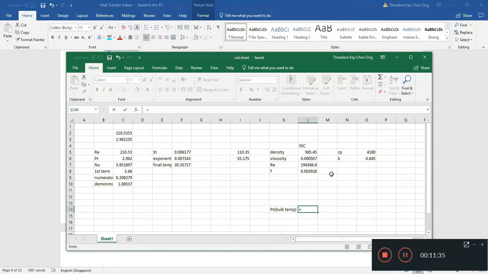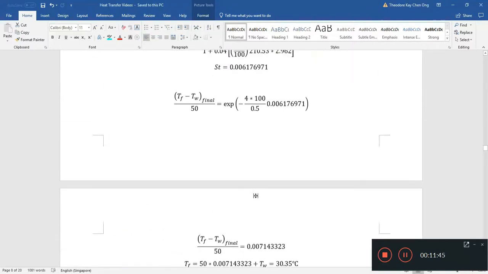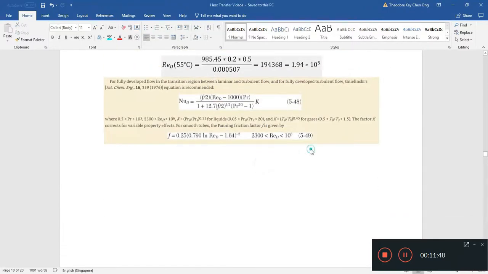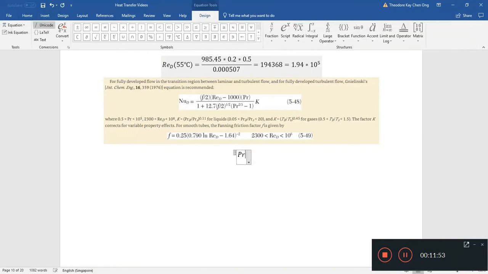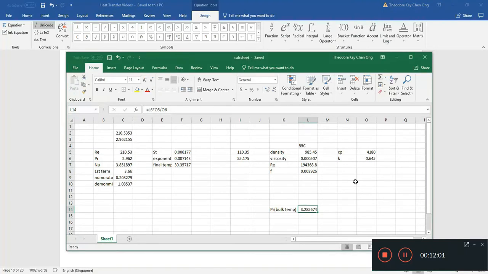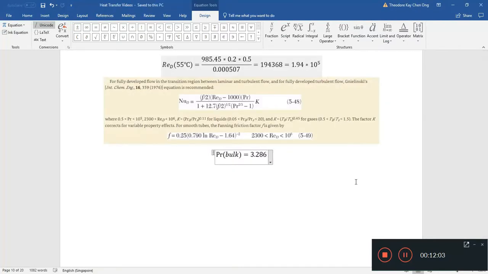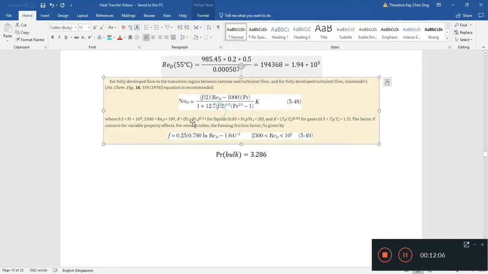And so for the Prandtl number at the bulk temperature, mu Cp divided by K, 3.285. So let's look at the Prandtl at the bulk. Prandtl at the bulk equals 3.285, or 3.286, whatever. So for the fully developed flow region between laminar and